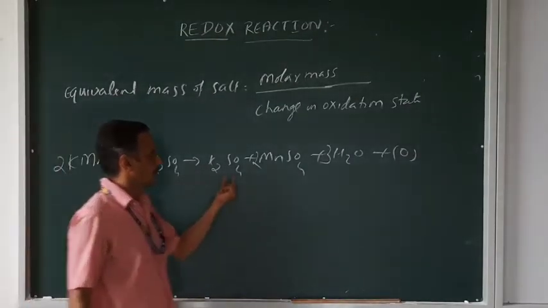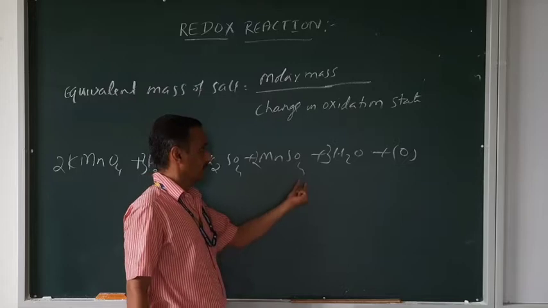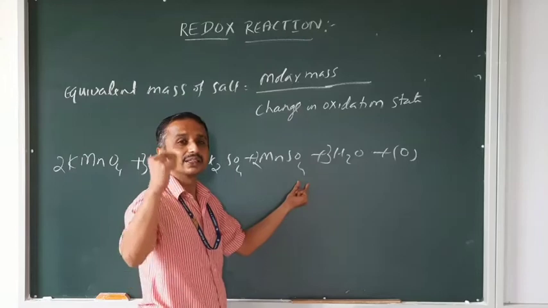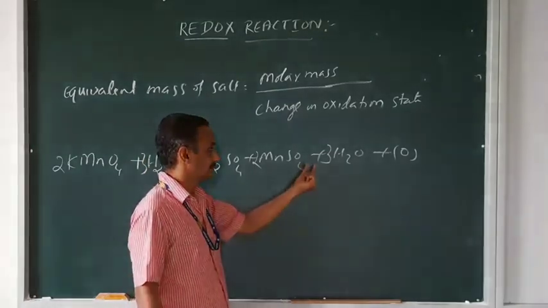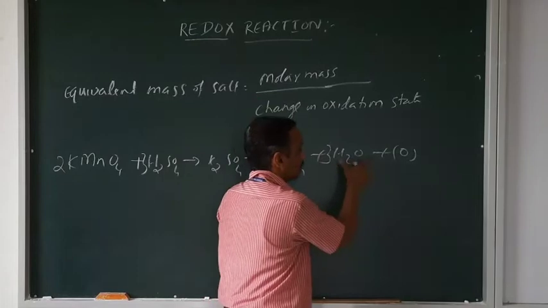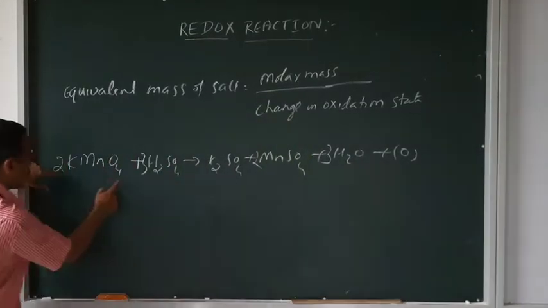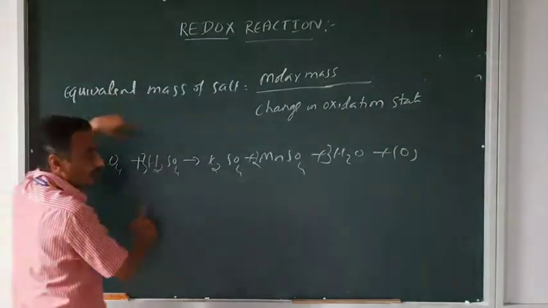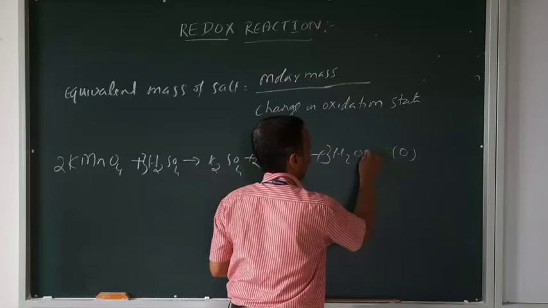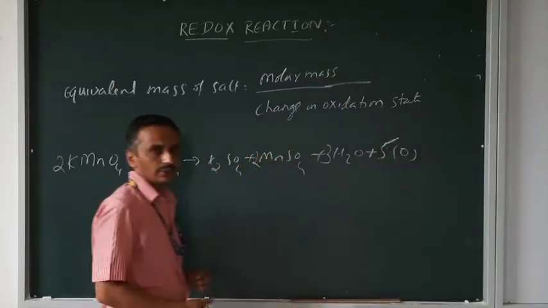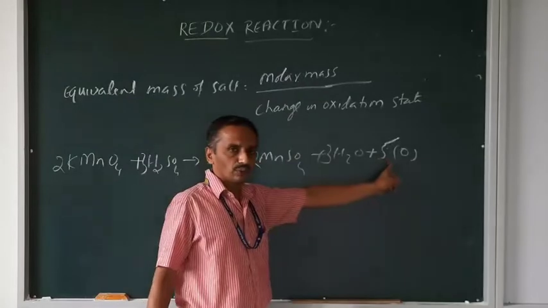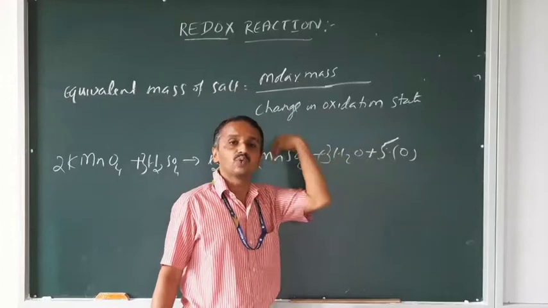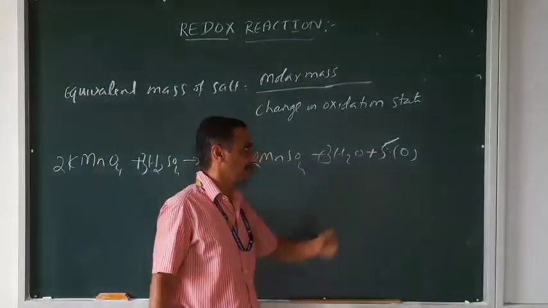No need to consider the oxygen in sulfate, because it is already balanced in the form of sulfate ion. Now 3 plus 1, 4, and 4 into 2, 8. There are 8 oxygen on the reactant side and only 4 on the product side, so make it 8 by adding 5 O. Don't write 4, thinking that 3 plus 1 is 4 and 4 plus 4 is 8. Add 4 more; already 1 is there, so this becomes 5.